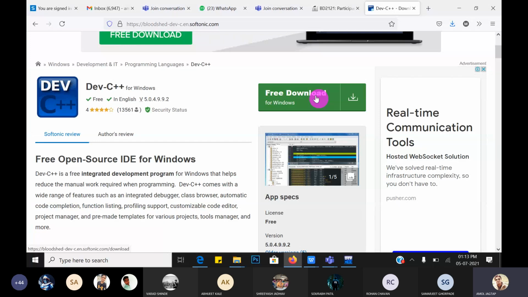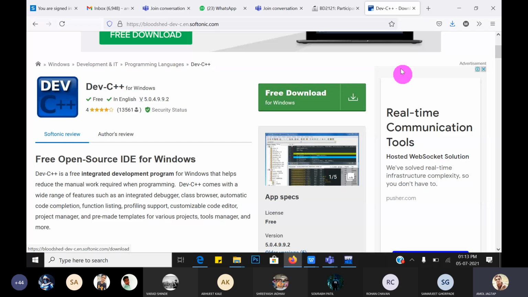Download Dev C++ IDE from any website, just type Dev C++ IDE and download. It gives you a number of different sites. It is not a very big task. Just download it for Windows, either 32-bit or 64-bit, and click next.